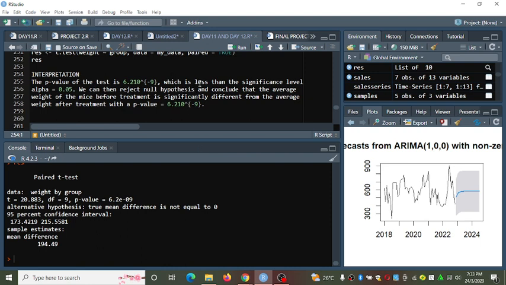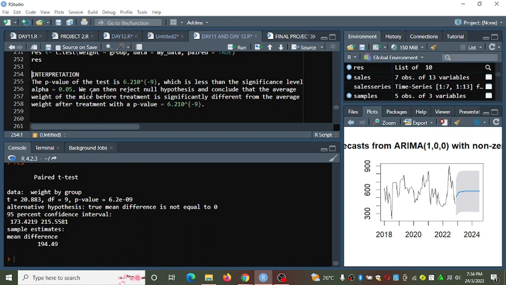So this number is less than the significance level alpha of 0.05. So we can now reject the null hypothesis. Remember, we reject when the p-value is less than alpha.